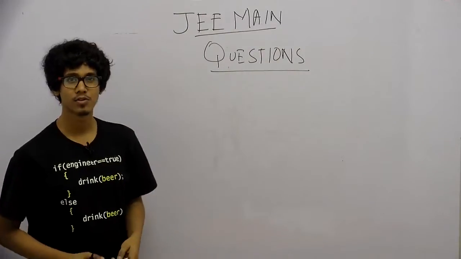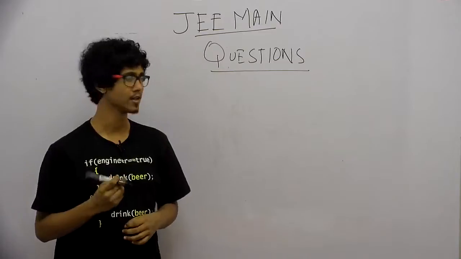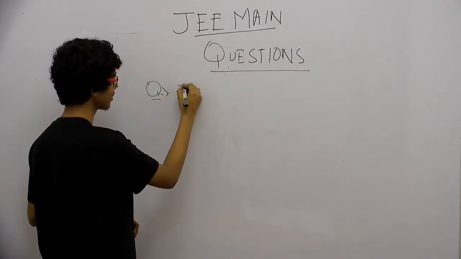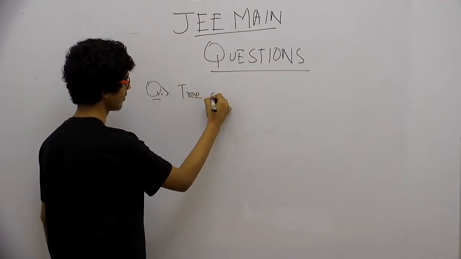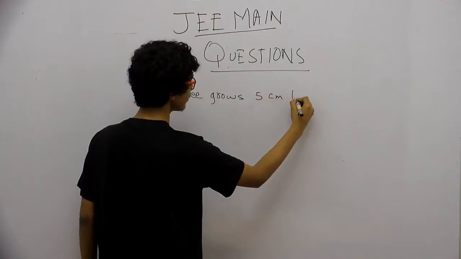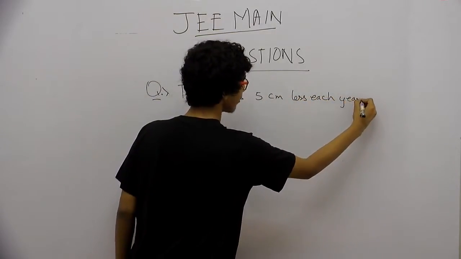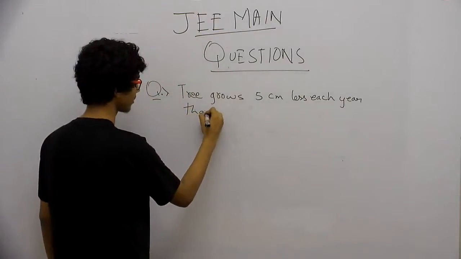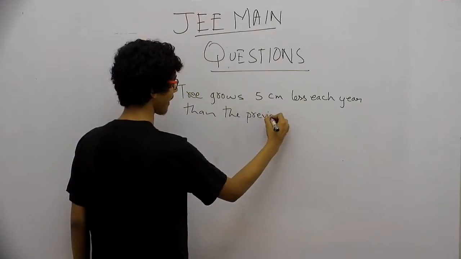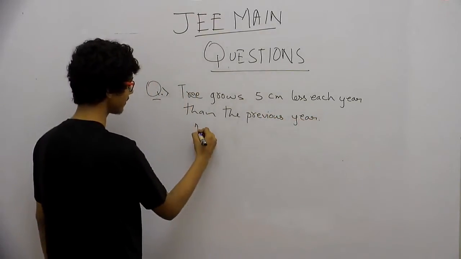स्टार्ट। तो अब हम प्रोग्रेशंस के क्वेश्चंस करते हैं, AP, GP, HP। ठीक है, हमारे पास एक क्वेश्चन गिवन है कि देयर इज अ ट्री which grows 5 centimeter less each year than the previous year. It is also given that the first year